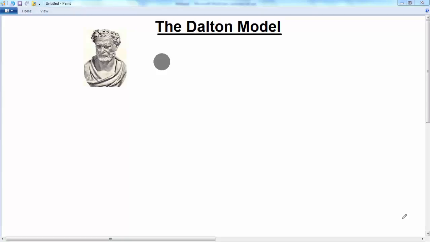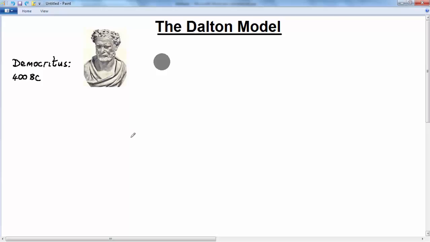In this lesson, we're going to look at the Dalton model for the atom. Now, as you've probably guessed, this isn't in fact Dalton. This is Democritus, who is a Greek philosopher, and he lived around about 400 BC. Now, being a Greek philosopher, that meant he would hang about a rock called the Areopagus in Athens, thinking about